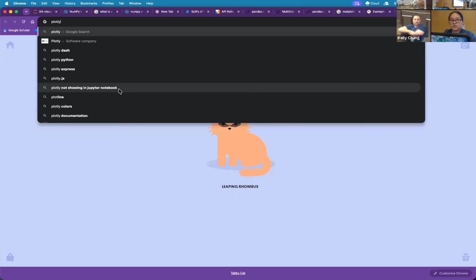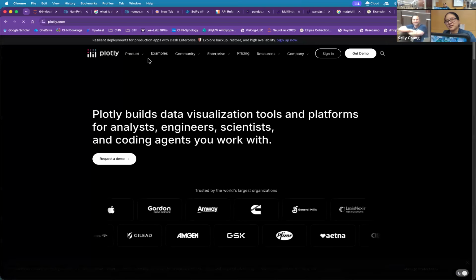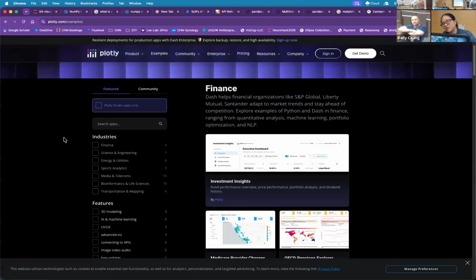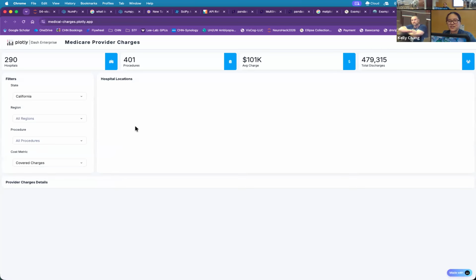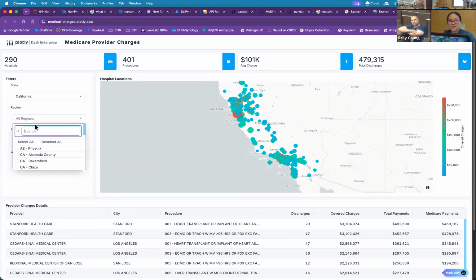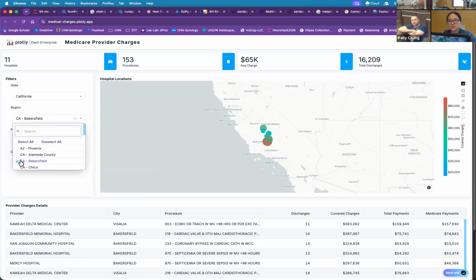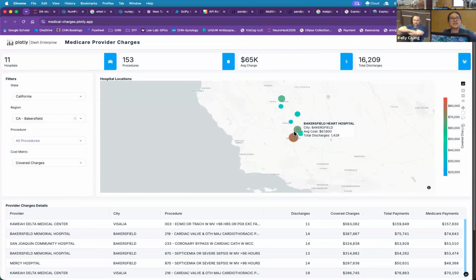You might also want to do some interactive plots. I don't really recommend digging too deeply into Plotly, but if you want to have plots that do little bar charts and things like this, so like, woo, I want to look at California. I want to look at Bakersfield. And then you can zoom in and you can click on things. Interactive plots or figures, Plotly is an option. There are other options. Plotly is not the world's friendliest package, as I have found, but it does work.